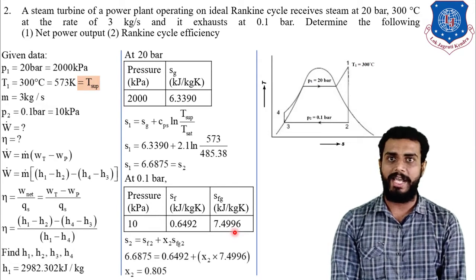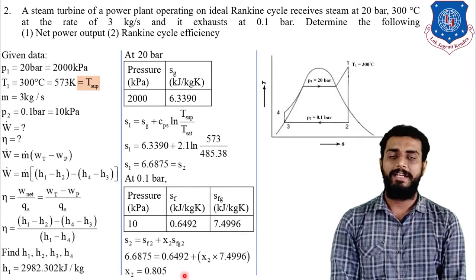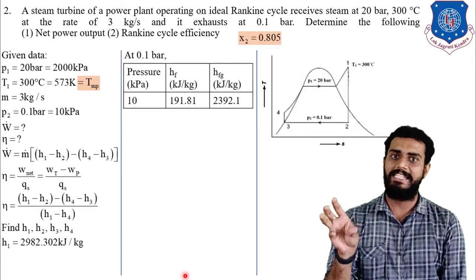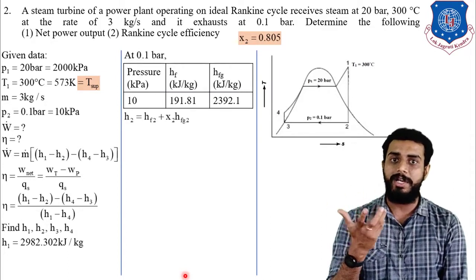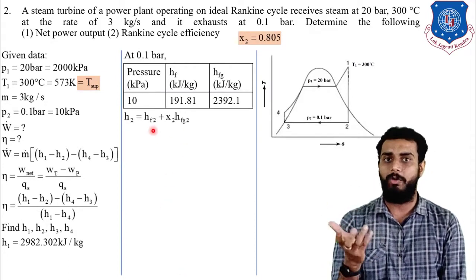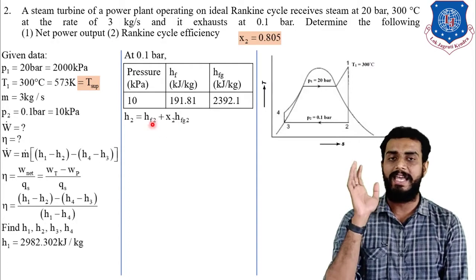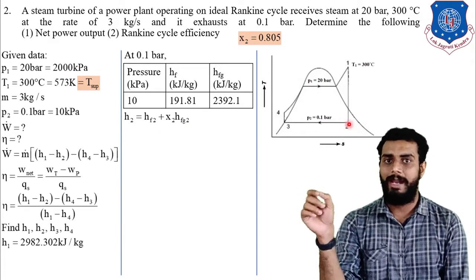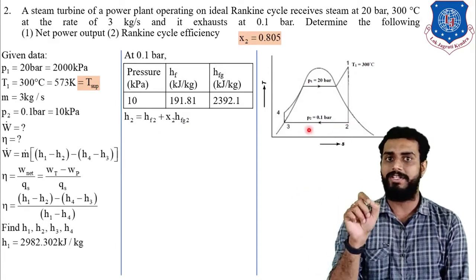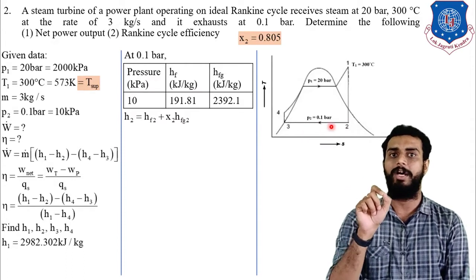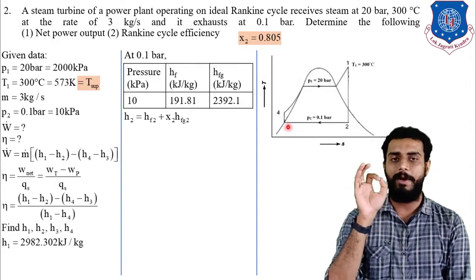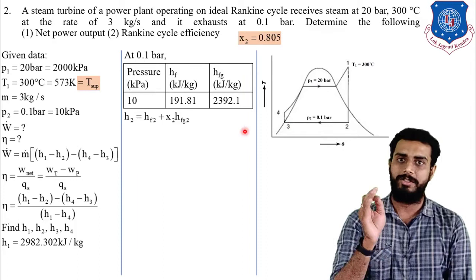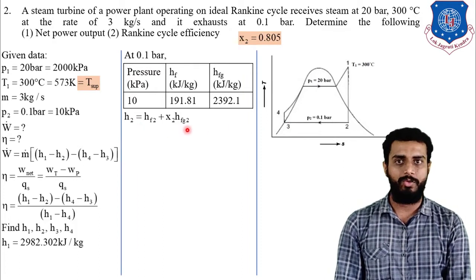Okay, now we have X2. So now we can easily find out H2. H2 is equal to what? Hf2 plus X2 Hfg2. In this equation also, Hf and Hfg can be found out at which pressure? At 0.1 bar. Why at 0.1 bar? Because observe in the TS diagram that your point number 2 is located for process 2 to 3, and for the whole 2 to 3 process, your pressure will remain constant at 0.1 bar. Clear everyone? So at 0.1 bar, identify Hf and Hfg from the steam table. X2 you already have, substitute the value, and you can find the value of H2